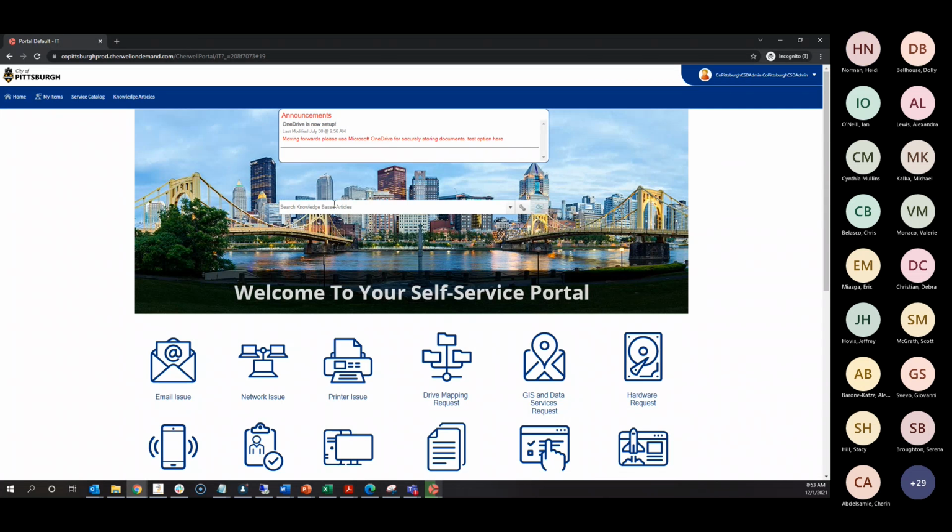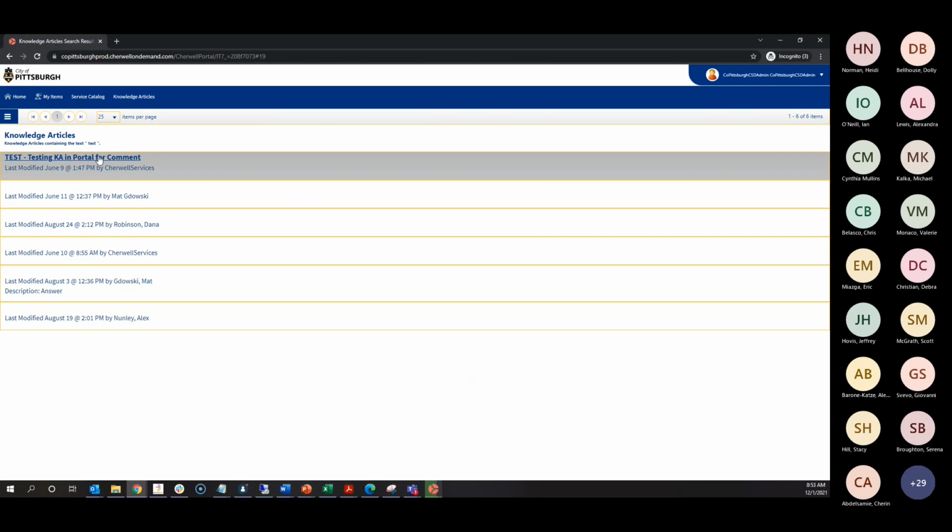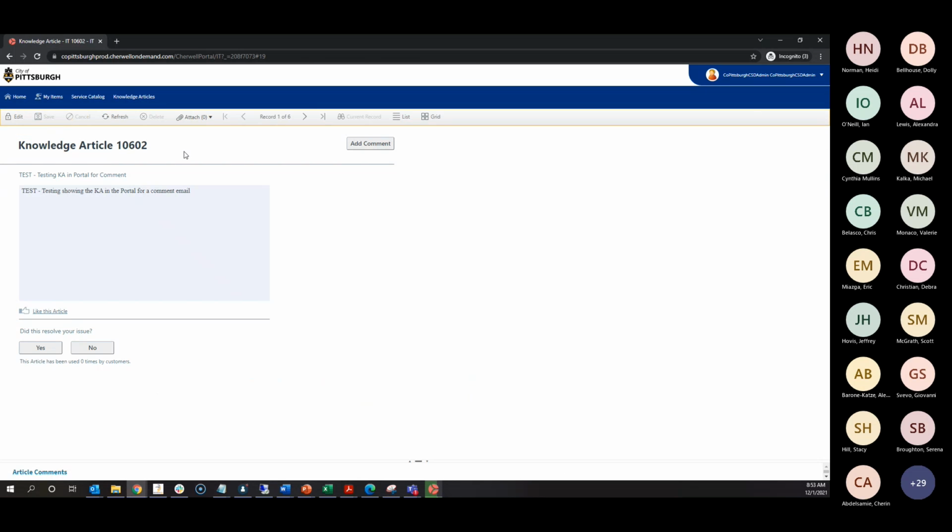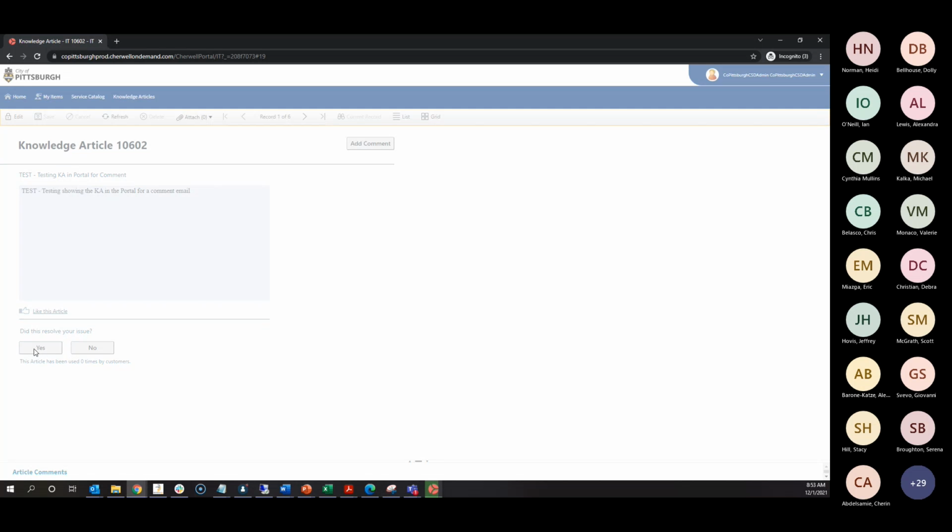And very similarly, we could have done the exact same thing through this search knowledge-based articles right here. So if I want to, I'm just going to put in test. We click on a knowledge article. I just click on the first one I saw. You can also click the did this resolve your issue? No. Or yes. So if we click yes here,